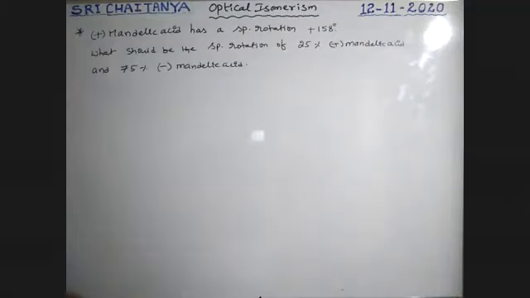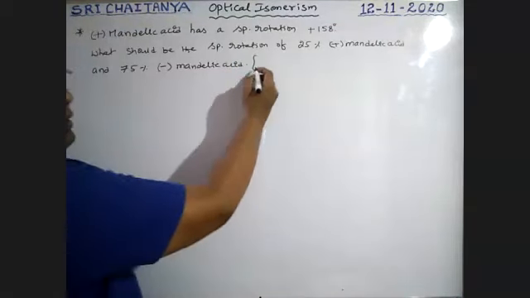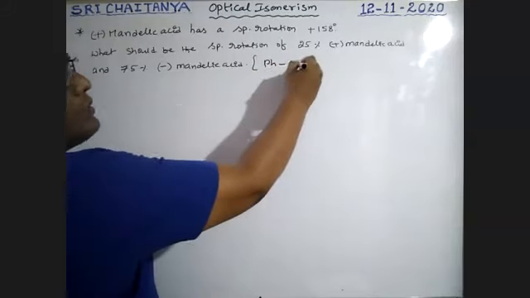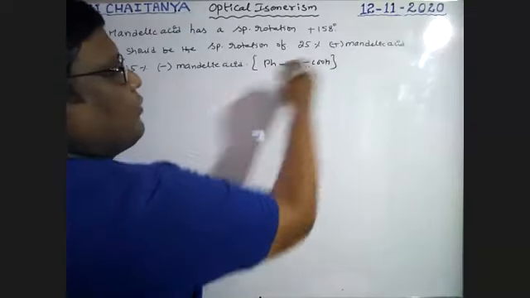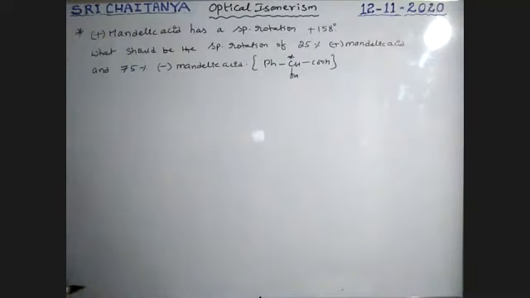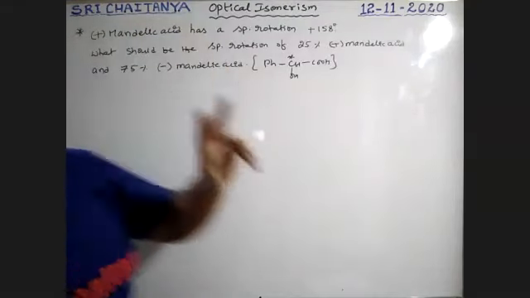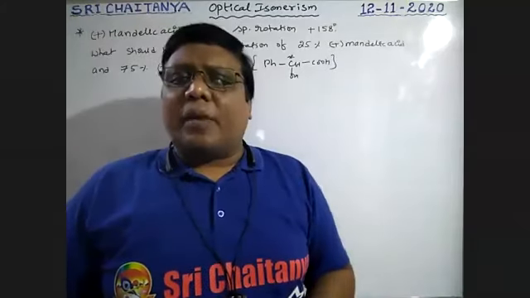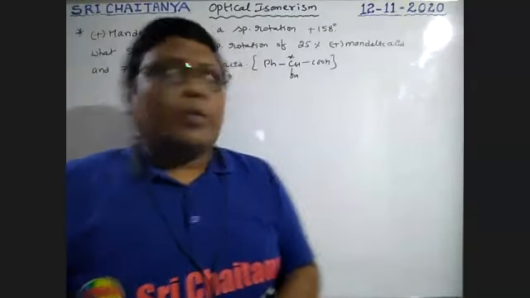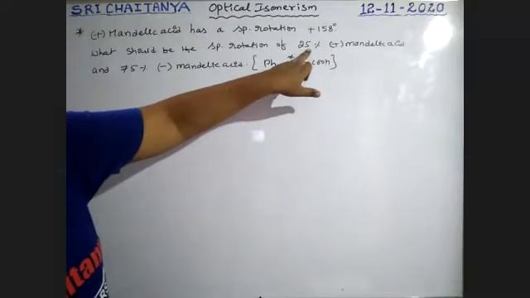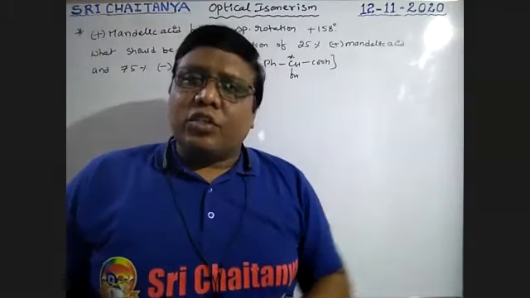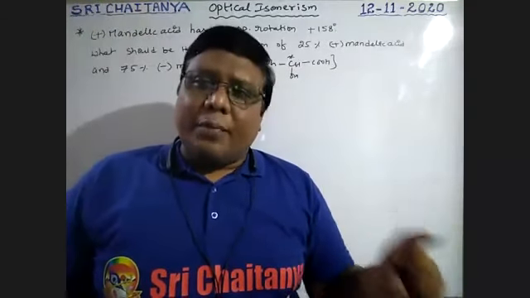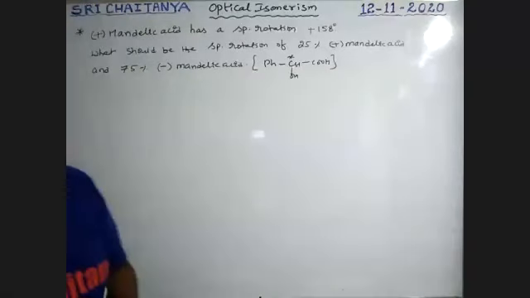Okay, so the mandelic acid formula, actually not needed. The formula is benzene ring, CH(OH)COOH. It is the formula for mandelic acid. It has a chiral center, boys. Mandelic acid has two forms, one is the D form and another is the L form, dextrorotatory and levorotatory. So dextrorotatory 25%, levorotatory 75%. That mixture has 25% dextro form and 75% levo form. Now, what is the specific rotation?